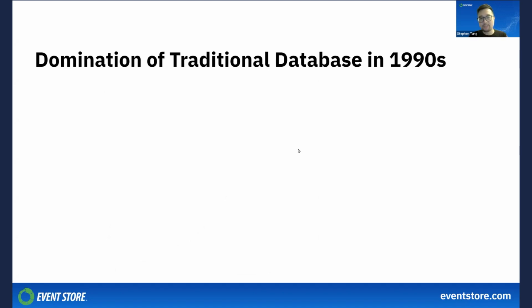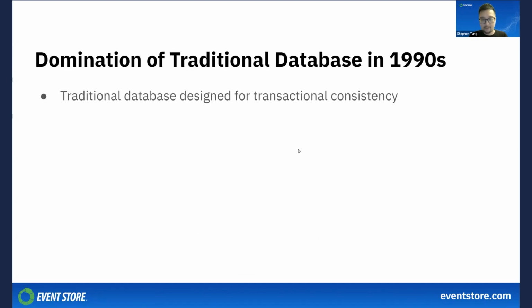So traditional databases like relational have been the de facto database in the industry since it went mainstream in the 1990s. It was designed to provide transactional consistency across core business data, which works very well for applications that typically have strict business rules. An example of this is a wire transfer between two bank accounts, and you wouldn't want the bank to mess that up.